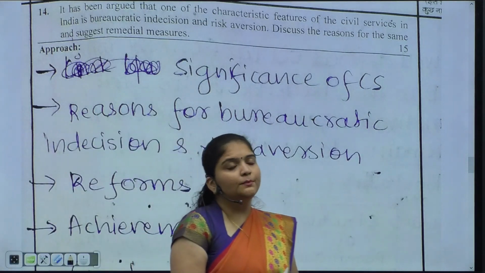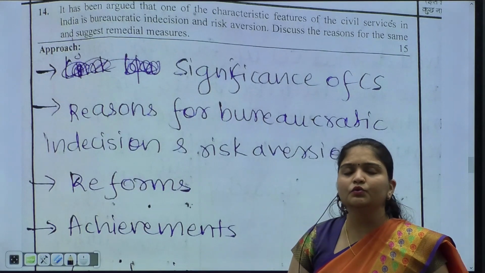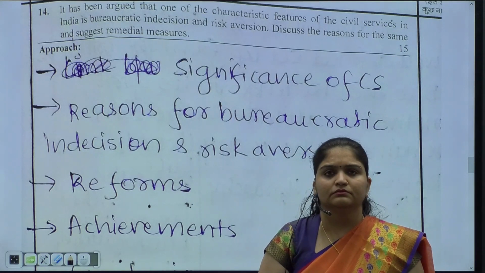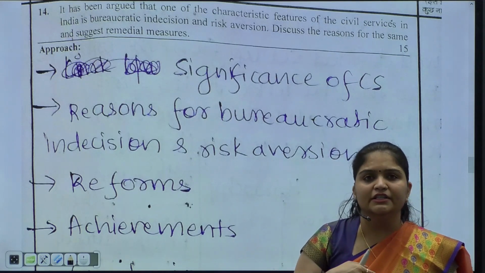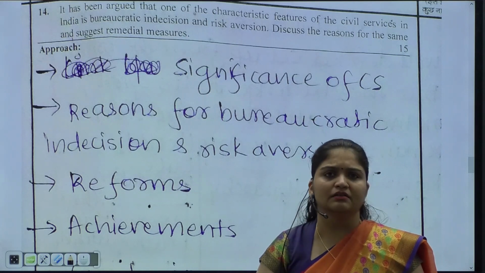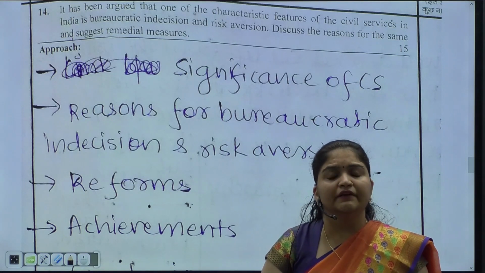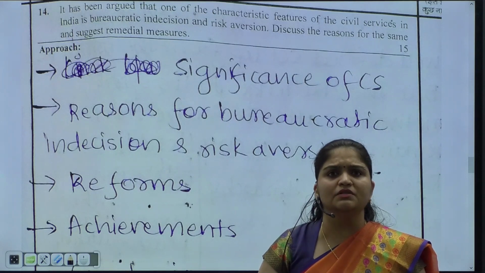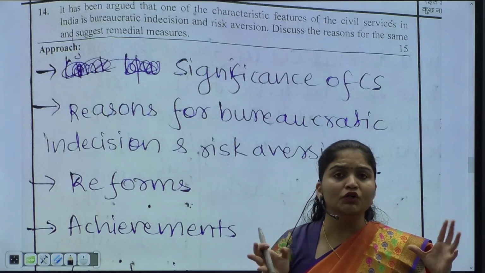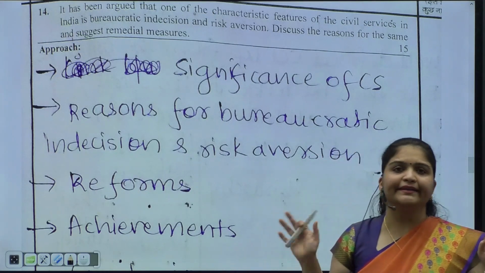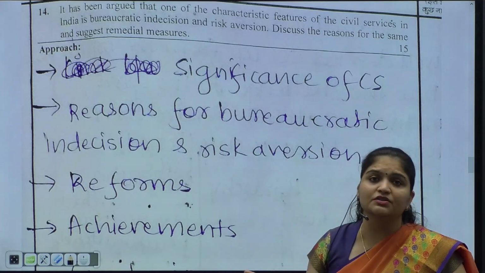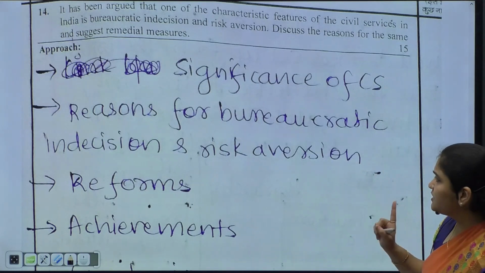See, you all have a key problem. Whatever the question says, you just blindly write that. No. You have to oppose. You don't have to only say there are problems in civil services. You also say there are achievements. They've done good things. They've taken risks, good projects, good schemes across the world, reverence for CAG. So don't only say that yes, there is bureaucratic indecision and risk aversion. You have to then suggest reforms. So this question talks of both.